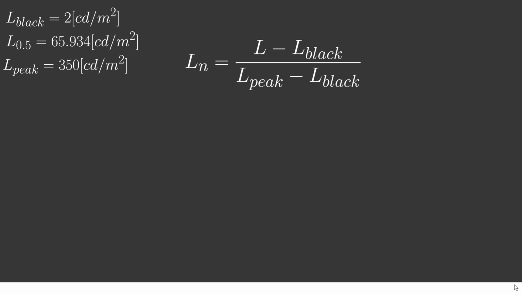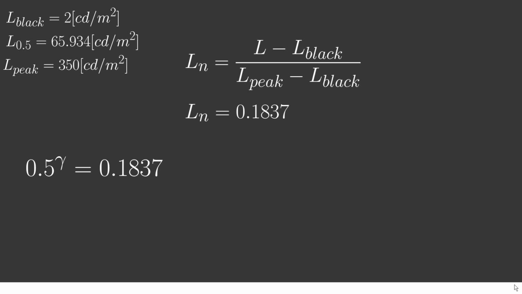So let's first normalize our luminance values so they fit nicely between 0 and 1. Let's start with subtracting L black from all of our values to shift our scale to the left. Now we can divide them by the maximum value to bring it to the 0 to 1 scale. So naturally L black normalized is still 0, L peak normalized is now 1, and L at I equals 0.5 is now 0.1837. So now we know that our driving signal of intensity 0.5 raised to our display gamma will give us the result of